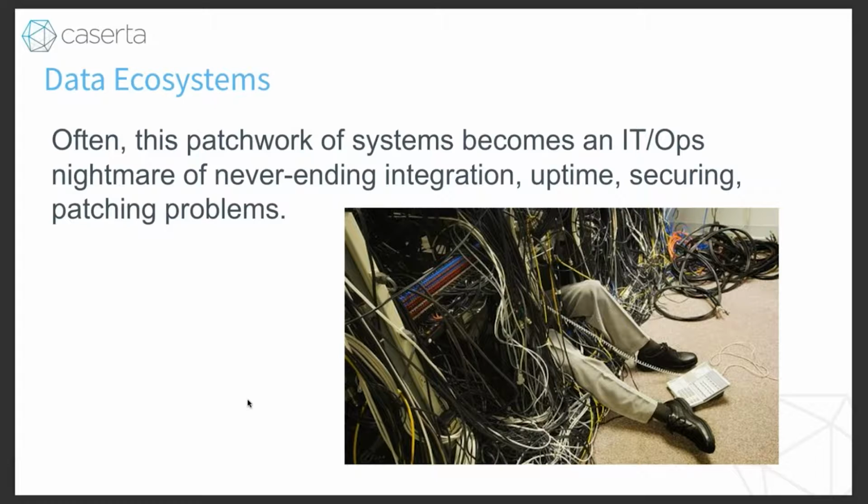the type of scattered systems and integration that we often end up with in organizations where how this information ultimately needs to tie together, be used, and be reported back to the business is maybe not as clearly defined as in other areas. So some of the tools in software engineering that we've come up with over time to